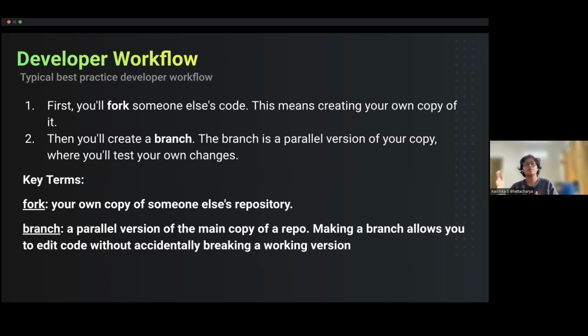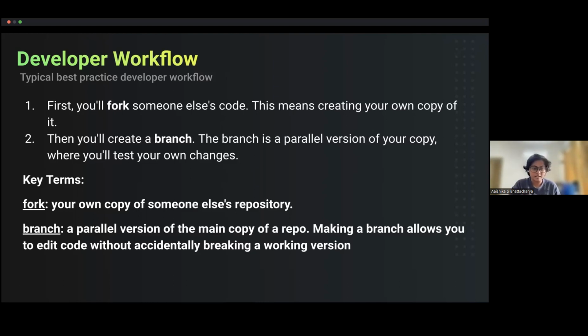The reason why we fork repositories is so we don't end up breaking code in somebody else's repository, and we can just experiment as much as we want to in our own copy of it. So if, say, for example, I've actually forked someone's repository, what I've done is I've just copied their files onto my GitHub account, and I am free to experiment as much as I want to. Once I'm happy with the changes, I can always try to merge my fork with the original code base. And that's pretty much how it works.